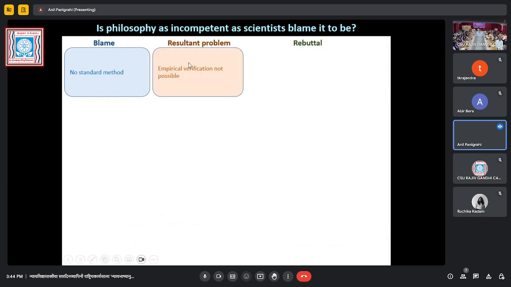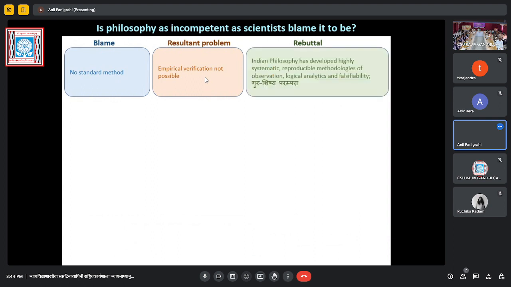So there is no empirical verification of philosophical ideas. That is the blame and the problem raised from the scientist's perspective. But that is not true. That is not true because at least the Indian philosophy, I am not so convinced about the Western philosophy, but